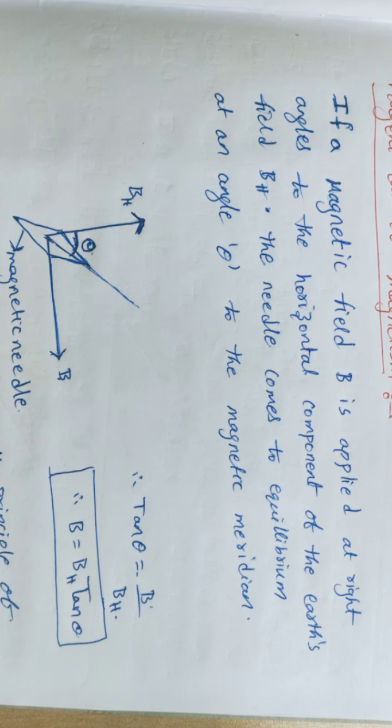Next, students, I want to inform you of one more thing. We have deflection magnetometers, and these work on the principle of the tangent law only. Is it clear, students? After that, I am recalling two things: one is the tan A position and the other is the tan B position. First, we will go for the tan A position.